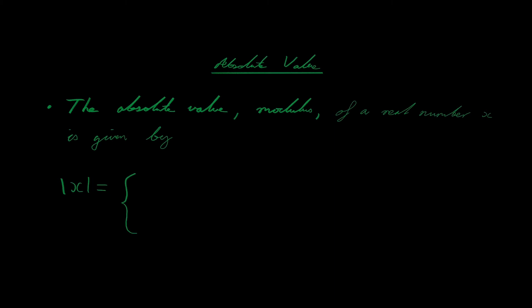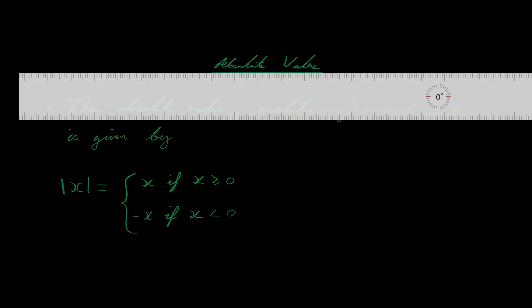But when it comes to absolute value, the absolute value of x is equal to x if this condition is met, if x is greater than or equal to 0, and it's going to equal negative x if x is less than 0. Now if we draw a number line,